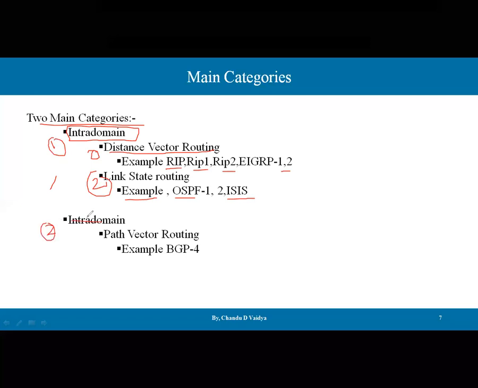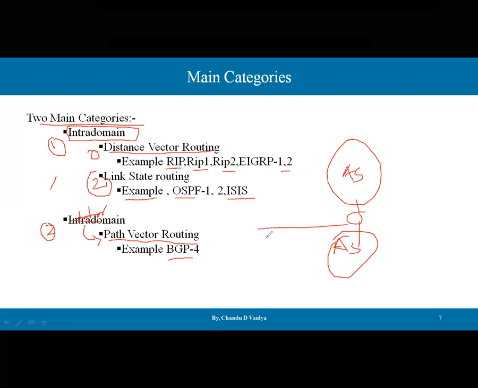The second category is inter-domain. There is a spelling mistake there, guys. This is the inter-domain routing protocol, used between two autonomous systems. Let's say this is a single autonomous system; if you go beyond this autonomous system, then inter-domain routing is used. Its category is the path vector routing protocol, where everything is handled on the basis of path information. The best example is the BGP protocol, the Border Gateway Protocol, which knows about these different networks and lies in between the domains.